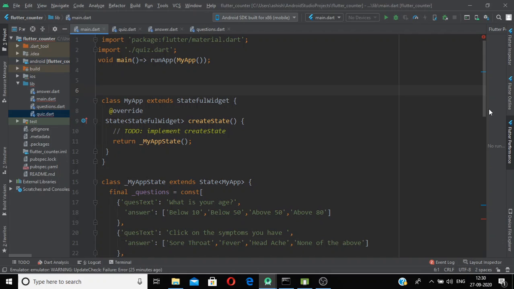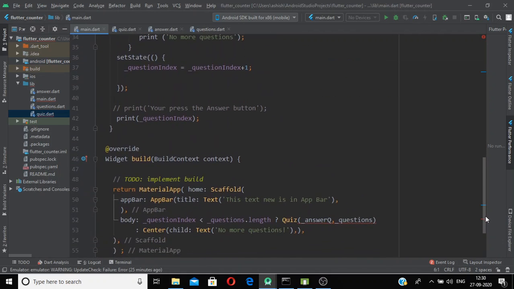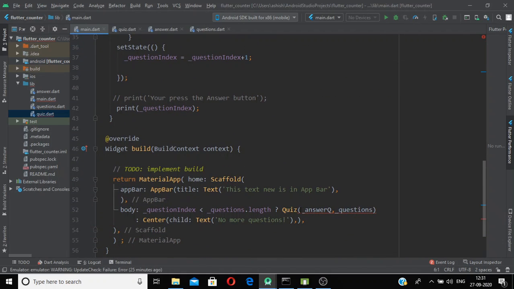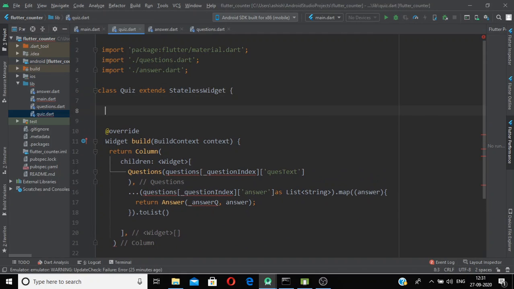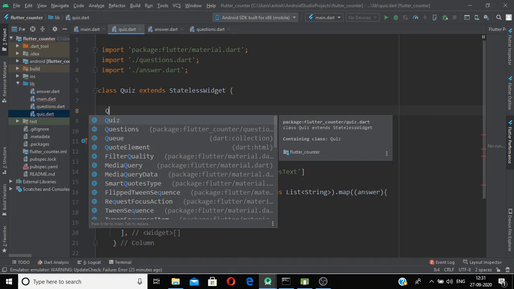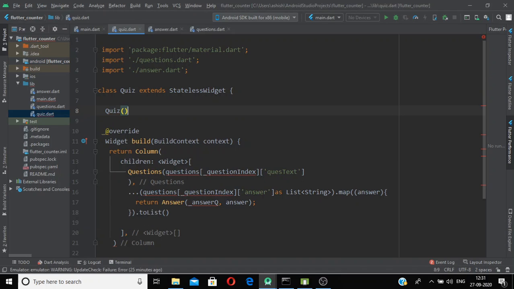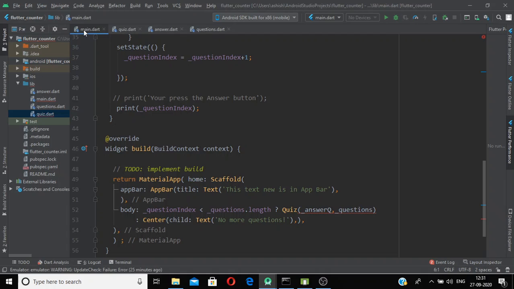And now, as we have created this quiz, as we have used this quiz constructor here, we will use this quiz constructor here, quiz, and before that we need to pass these values which we are getting from here.